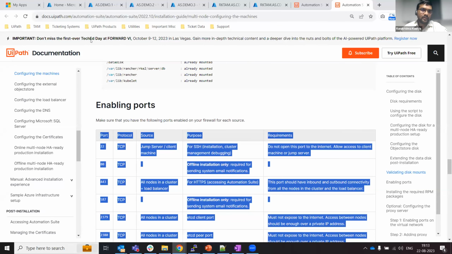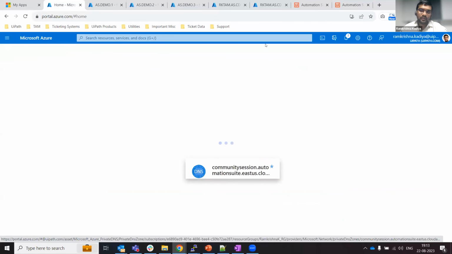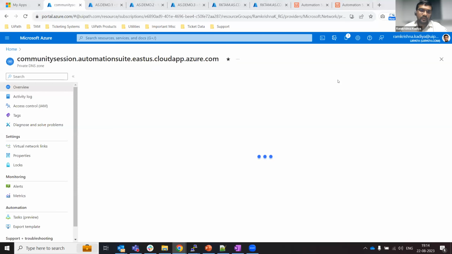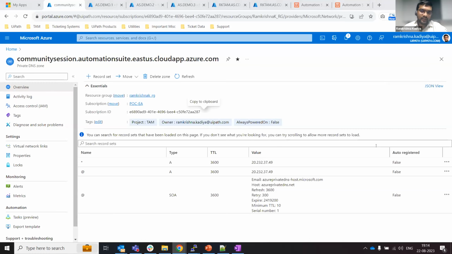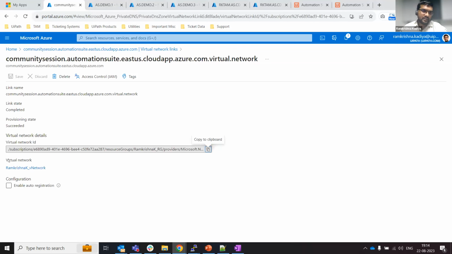so I'll quickly show you that. So this is the private DNS zone wherein we have created these entries for star and @, and this is the IP for our network load balancer, right? This has been created, and the virtual network link has also been created, right? And it is for the virtual network in which our network load balancer has been created. Okay,